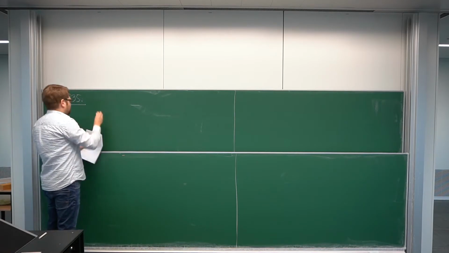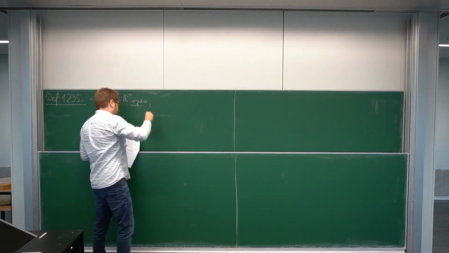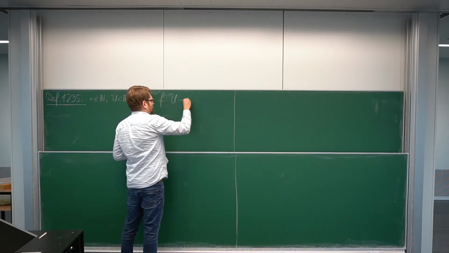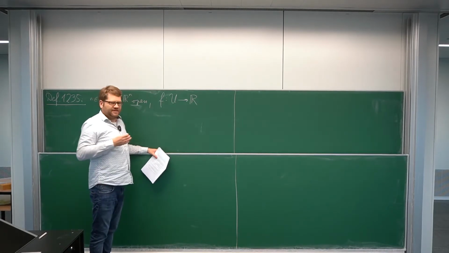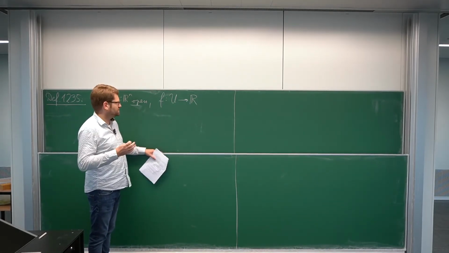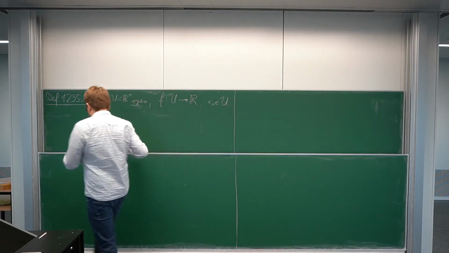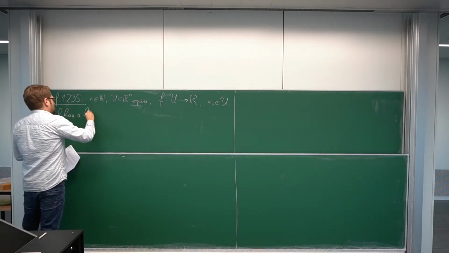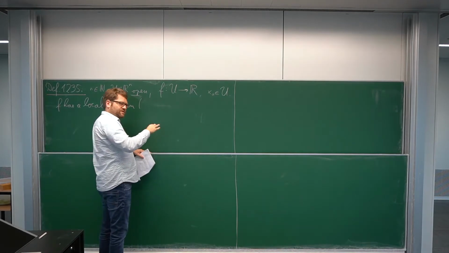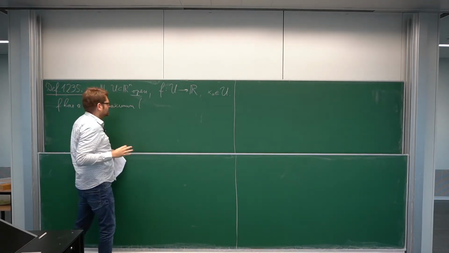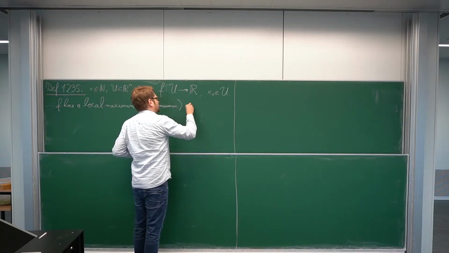Definition 1.35. We again study functions on open subsets. Let U in R^n be an open set. And to discuss local minima and maxima, it's important that we only discuss maps which map to R. If we had something which maps into the plane, for example, then maximum and minimum just don't make sense. So maximum and minimum are only defined for real numbers. So we can only discuss functions from U to R, and assume we have some point x0 in U. Then f has a local maximum (and let me always put the minimum case in parentheses, if you follow this argument here), so a local maximum or local minimum in x0,